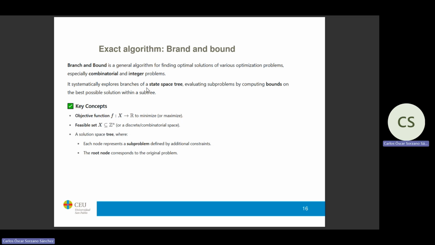One of the first algorithms that we will see is this one, branch and bound. But there's a mistake here, it should be branch. So branch and bound is a general algorithm for finding these optimal solutions. And what we will do is to explore the state space, so the feasible region,